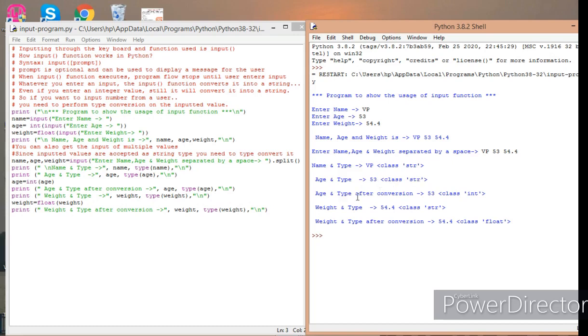Now after type conversion, what is it showing? Age is 53, and now the type is int. Similarly, weight before type conversion is 54.4 and type is string, and after the type conversion, weight is 54.4 and the type is float. So this is how you can read the values and type convert the values.